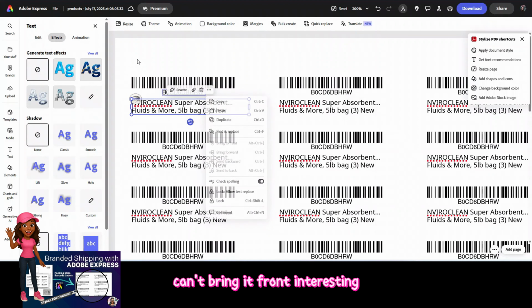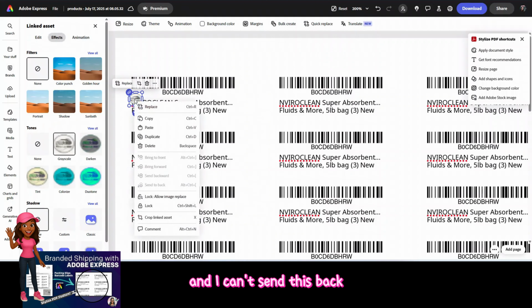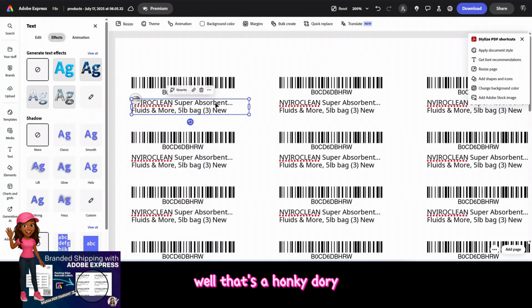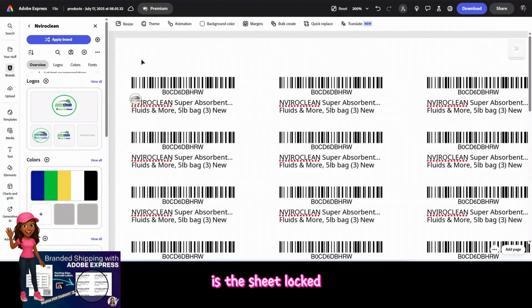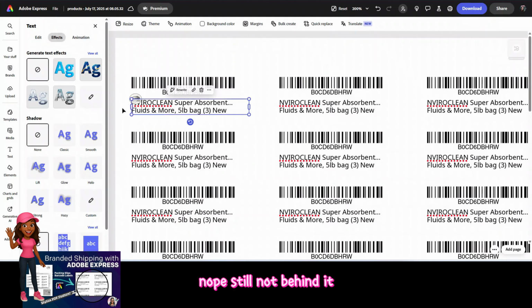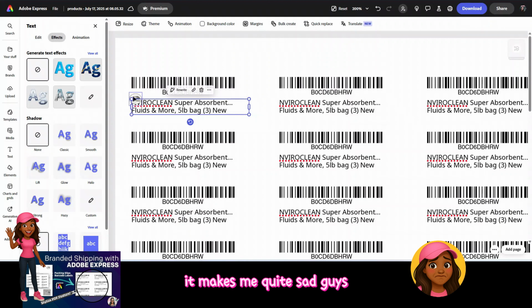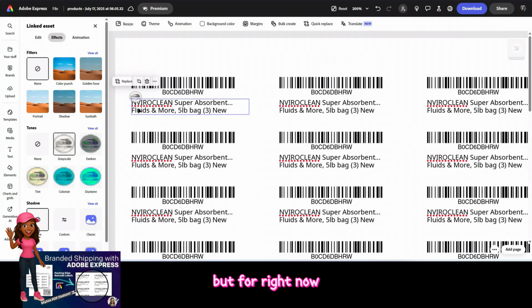Can't bring it front. Interesting. And I can't send this back. It's not wrong. Well, that's honky dory. So let's see. Maximum show the layers. Is the sheet locked? No. There you go. Nope. It's still not behind it. It makes me quite sad, guys. So that is something for us to point out. But for right now,